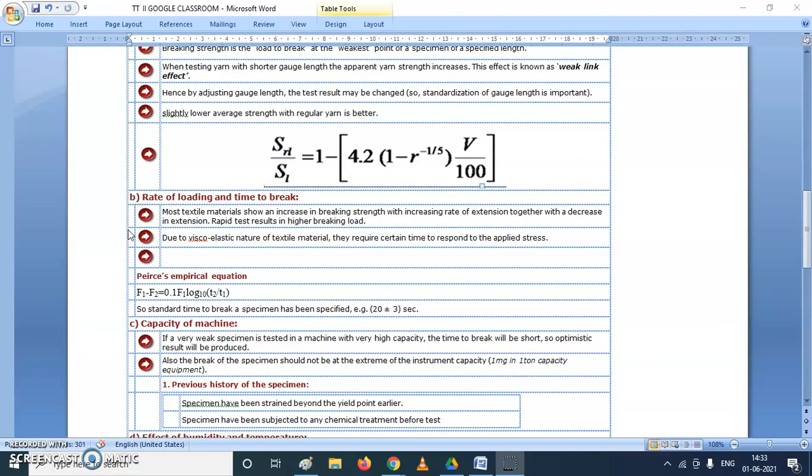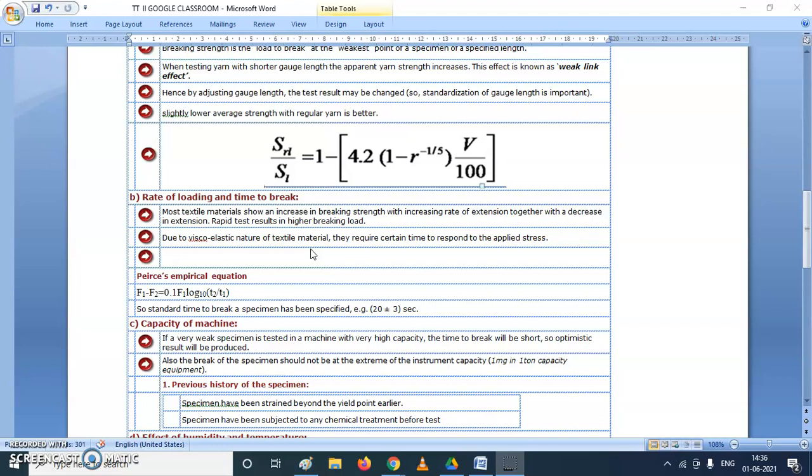It has been observed that if we increase the rate of extension, we get a higher breaking load. That is, a rapid test results in a higher breaking load. Due to the viscoelastic nature of textile materials, they require a certain time to respond to the applied stress. So if we decrease the time to break,